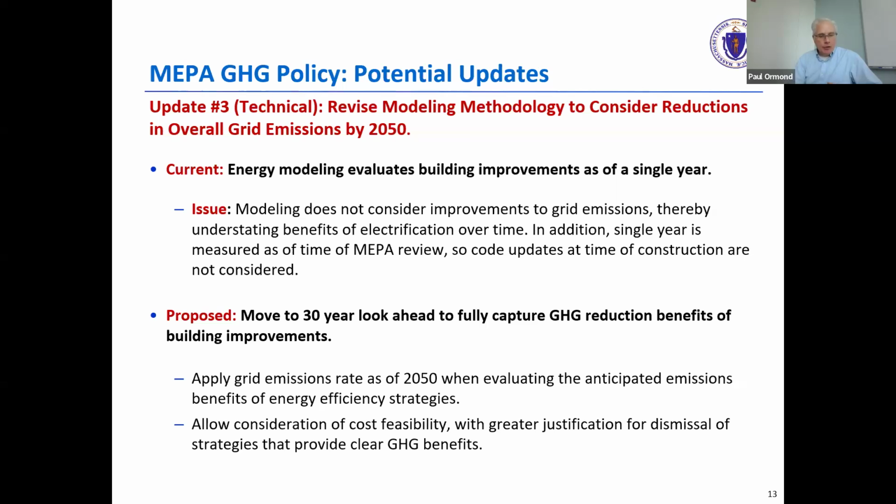Our electric grid is rapidly decarbonizing, and it will be a very different grid by 2050. So what we would propose to do here is to change from looking at GHG of today, the pounds per megawatt hour of grid emissions, to the GHG that we expect to have in 2050 in terms of pounds per megawatt hour of grid emissions. That would be a much more representative picture of the emissions of the building in its lifetime. So that's the third and final update. Let's go to the next slide.